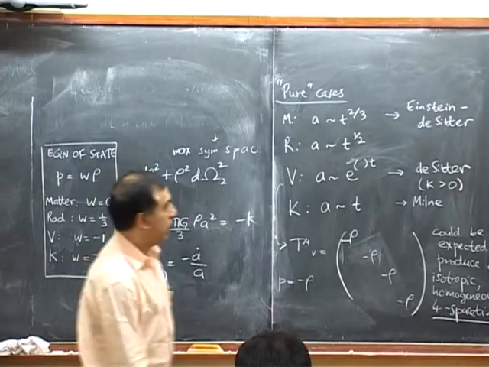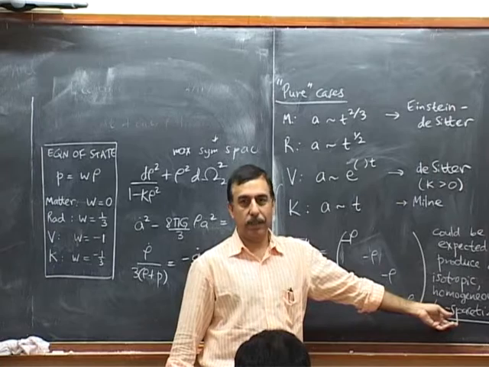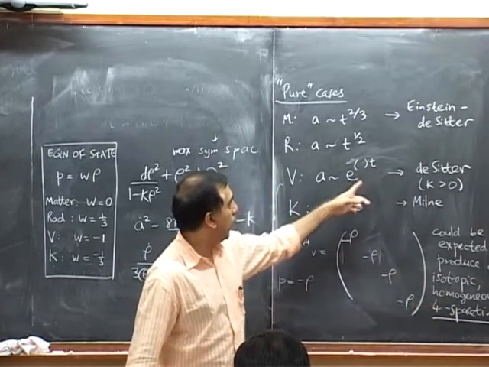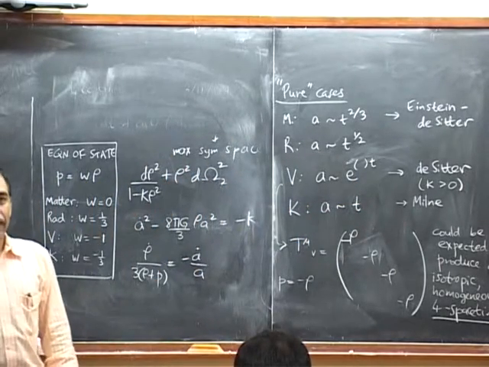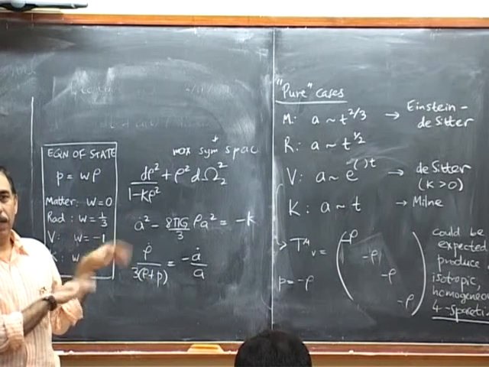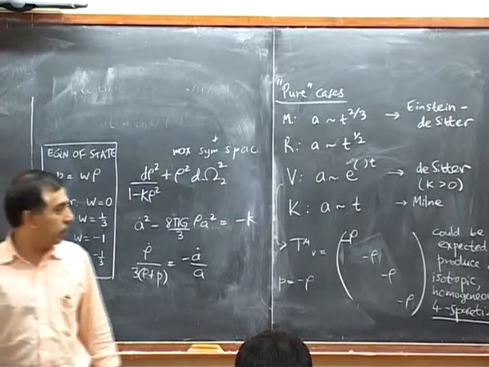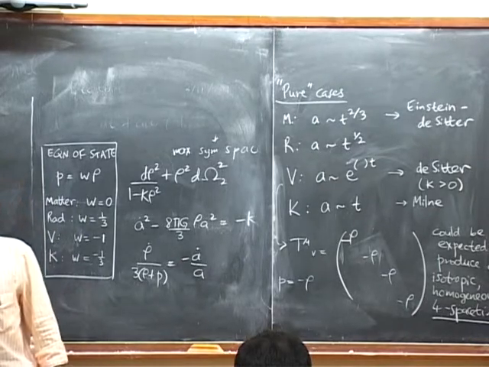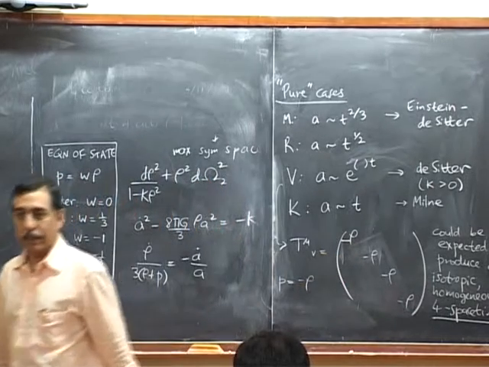And one of the first exercises would be to write a metric which exhibits the isotropy and homogeneity of de Sitter space-time, and then exhibit that it's the same space-time as the pure vacuum solution with exponentially growing a(t). So in other words, it can be written in Friedmann-Robertson-Walker language, those coordinates which are co-moving coordinates, or it can be written in some other coordinates where its highly symmetric nature is manifest. How many Killing vectors will it have if it's isotropic and homogeneous in all of space-time? 10. So only 6 of them were required. 4 more are accidental because of this form of the energy momentum tensor.